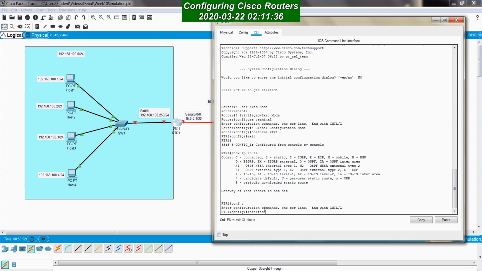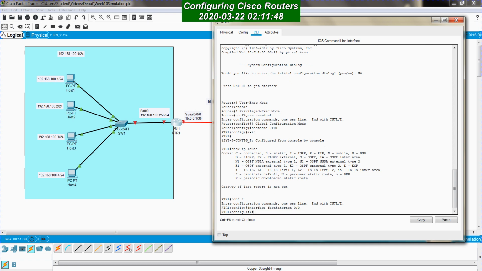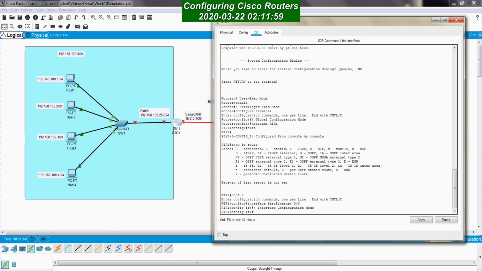I type the command interface, and then I specify the name of this interface, which is FastEthernet 0/0. So now I'm inside the interface configuration mode, and while I'm inside this interface configuration mode, I can assign an IP address by using this command, ip address, and then I specify the IP address